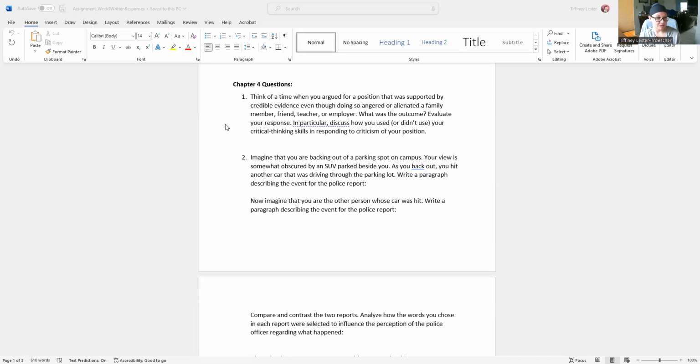Evaluate your response. In particular, discuss how you used or didn't use your critical thinking skills in responding to criticism of your position. Because even if you give credible evidence, sometimes people will come back with some crazy counter arguments. Sometimes it's hard to know how to respond, right? Number 2,